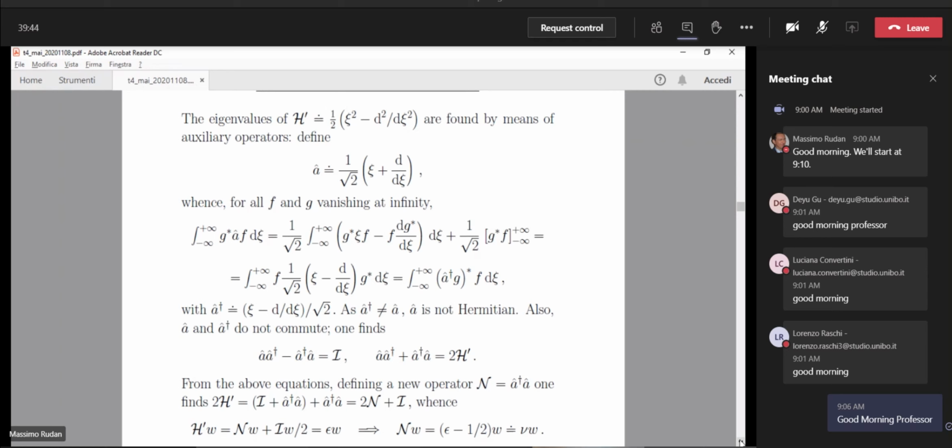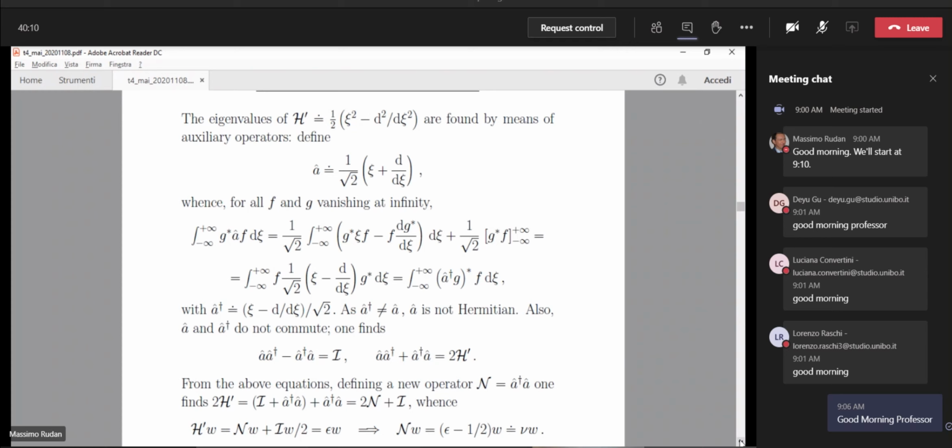Then we replace a, so we have 1 over square root of 2, and then in the integral we have the term with psi that is unchanged, and then we calculate the other term